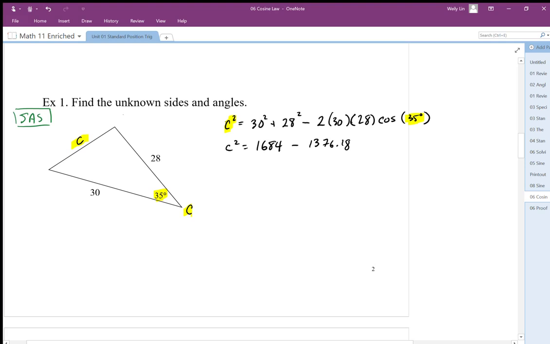That looks pretty good because that's now going to be subtracting,